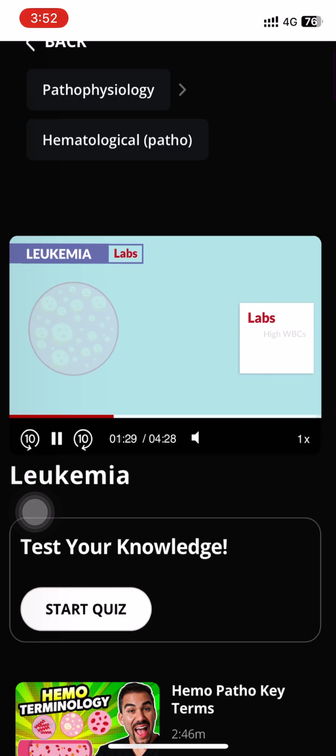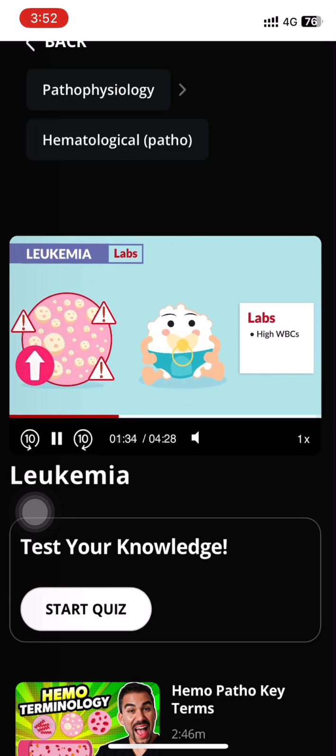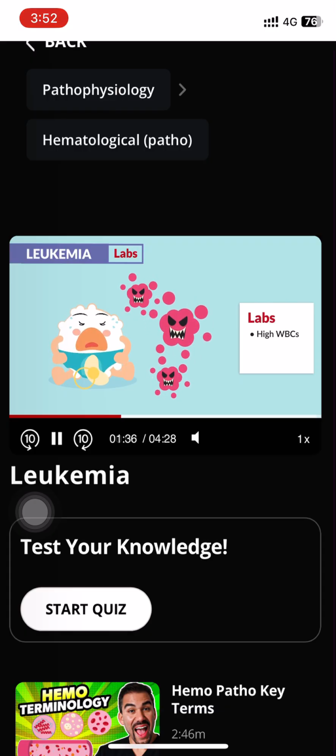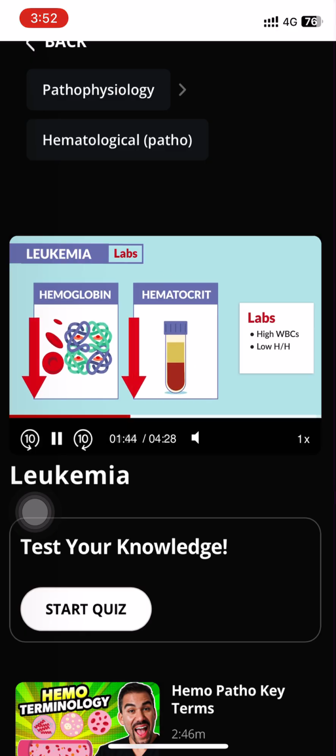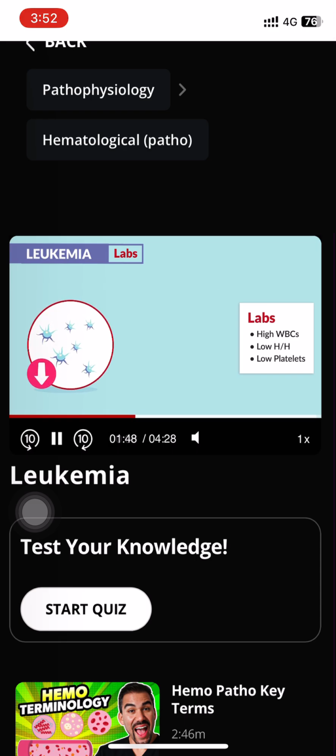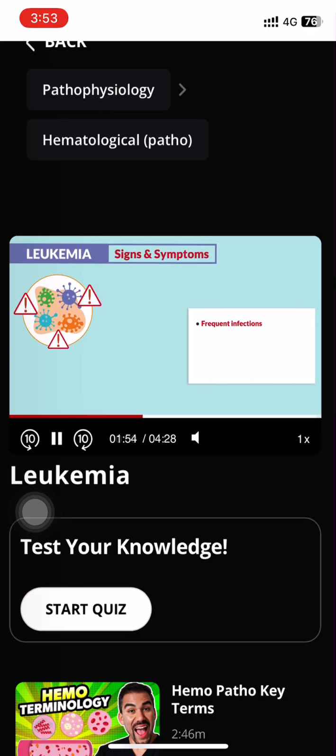Now, in terms of labs, we have high WBCs, but they are very immature and too young to fight infection. So we call them baby WBCs that crowd out the production of RBCs and platelets. So naturally, we see a low H&H, that low hemoglobin and hematocrit, and low platelets, which leads to higher risks for bleeding. Now, the signs and symptoms include frequent infections because the WBCs are too immature, and remember, too young